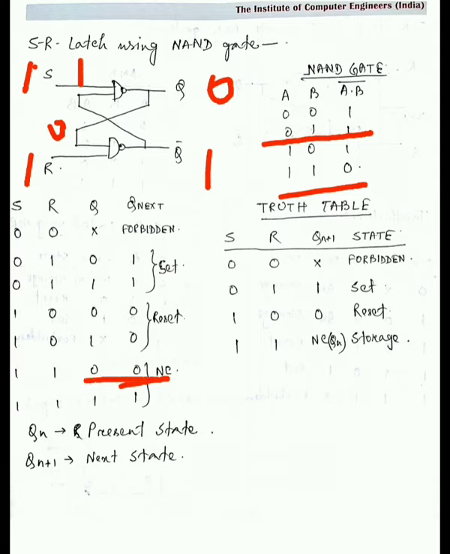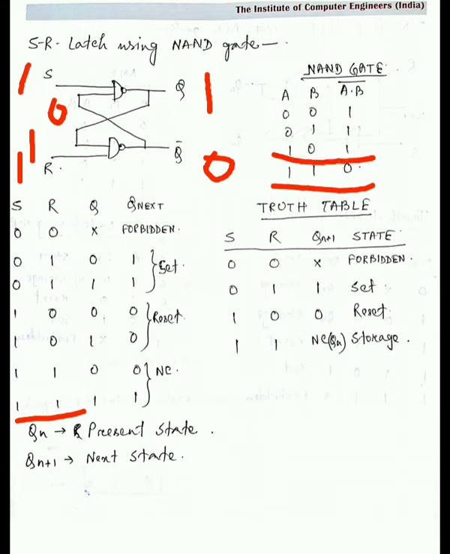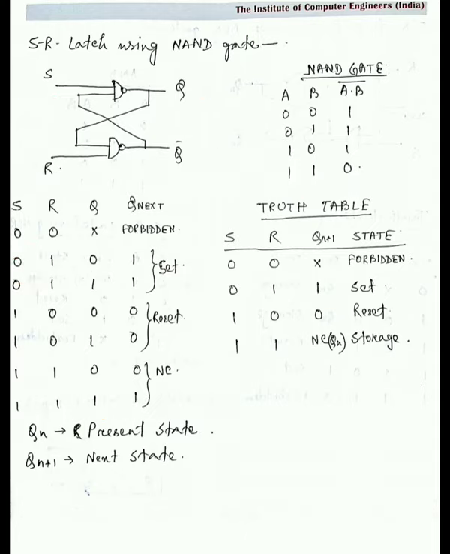Mind it. Okay. Now next point, this one is S1 R1. Now we take Q is 1. Q is 1 means here it comes 1. So 1, 1 means 0. Here it is 0 and 0 goes to there. It is 0. So 1, 0. 1, 0 means it is 1 as it is. So if before it is 1, then after giving input 1, 1, its value is again 1. So what is the conclusion?